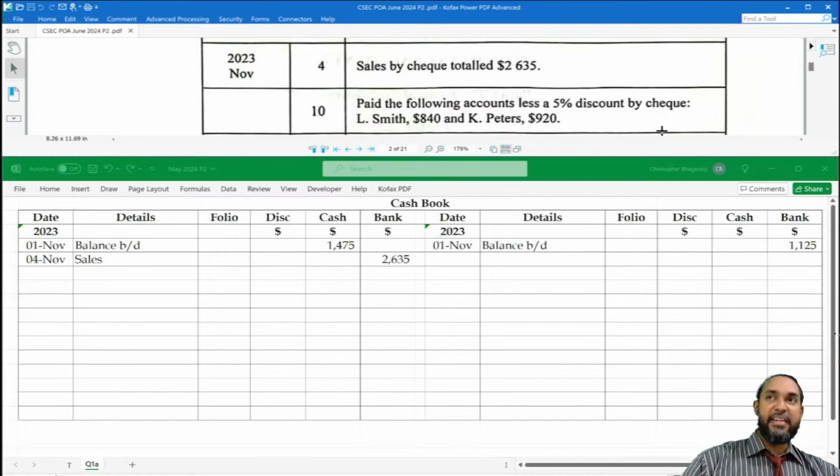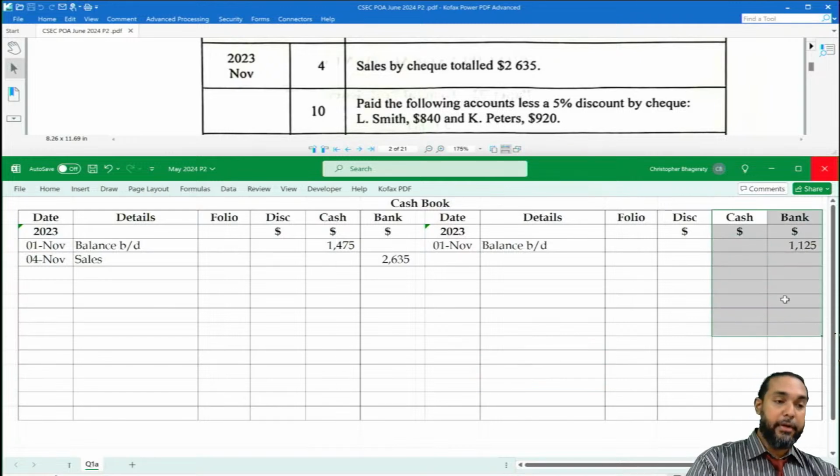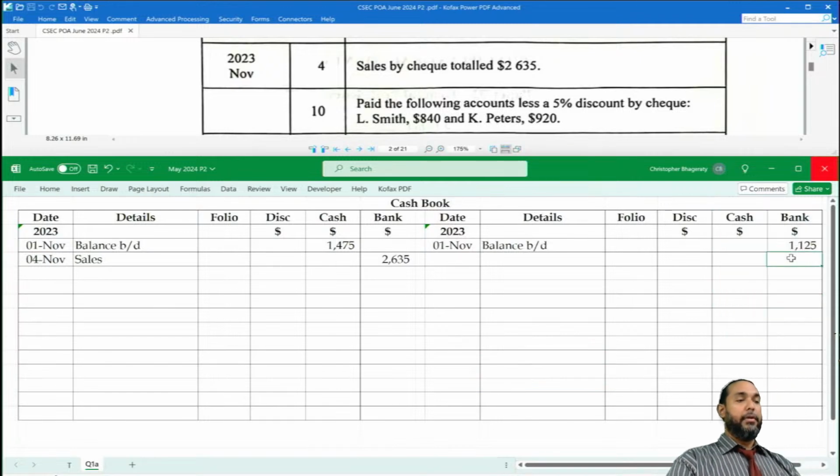So bank is an asset. It's decreasing because we are paying. And to record a decrease in an asset, that'll go on the credit side of the account. So we're going to go on the credit side, which is across here, under the bank column specifically. Now, L. Smith was